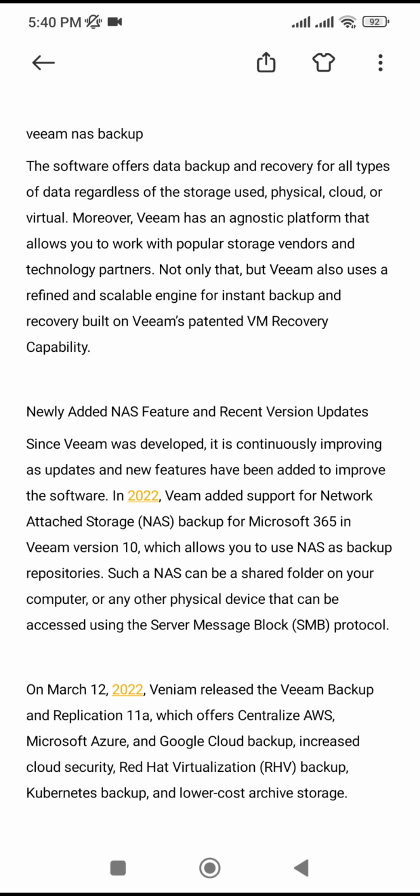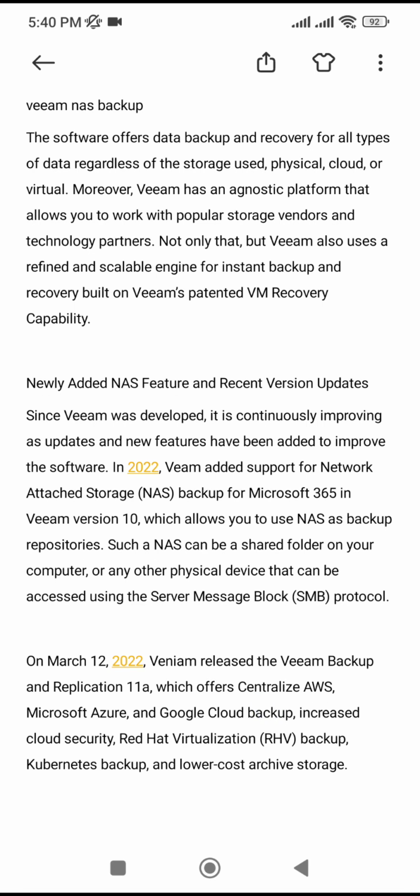In 2022, Veeam added support for network attached storage, NAS, backup for Microsoft 365 in Veeam version 10, which allows you to see NAS as backup repositories, such as NAS can be a shared folder on your computer or any other physical device that can be accessed using